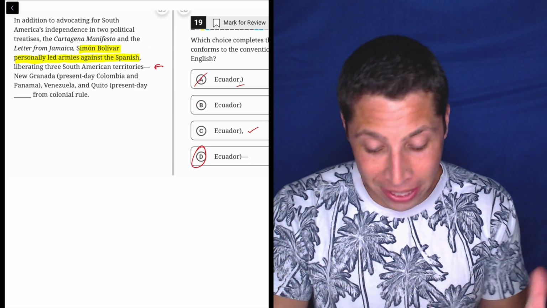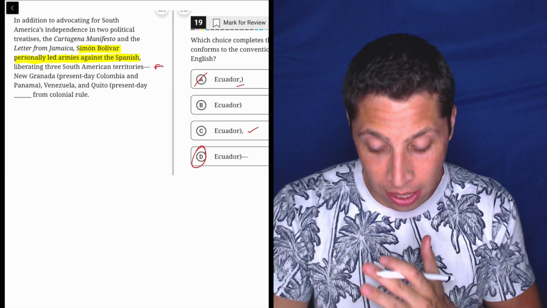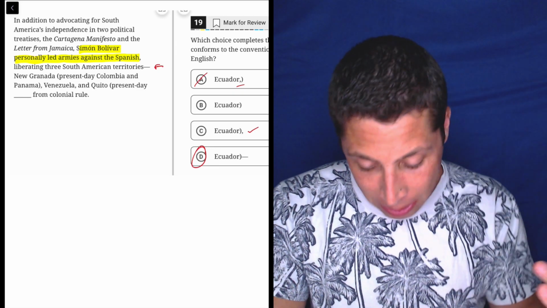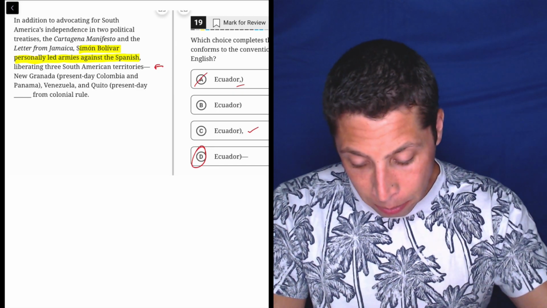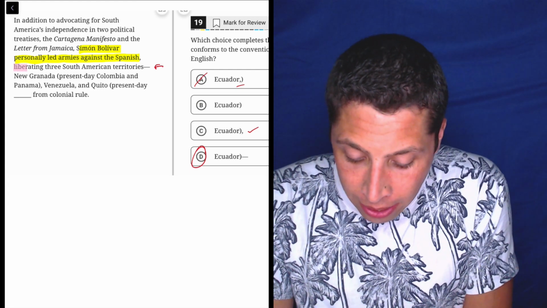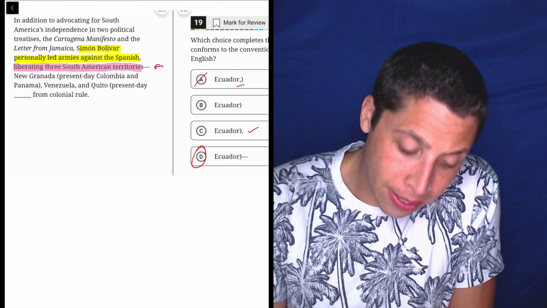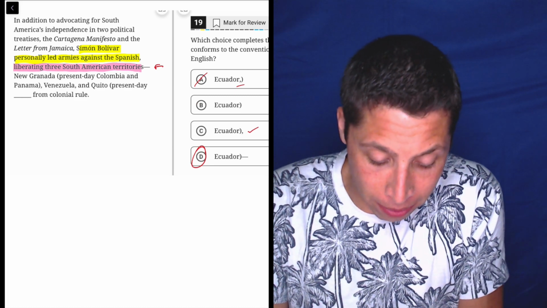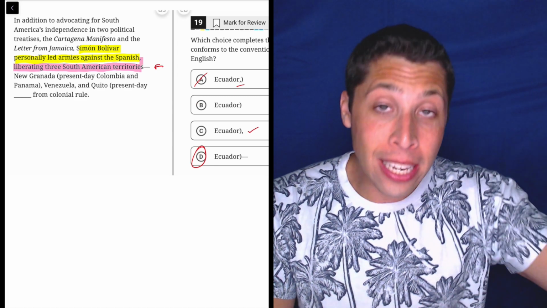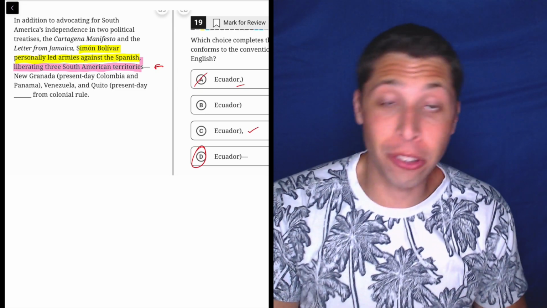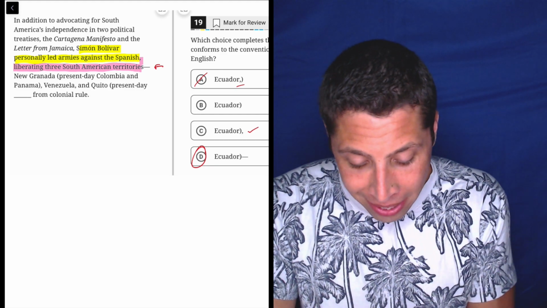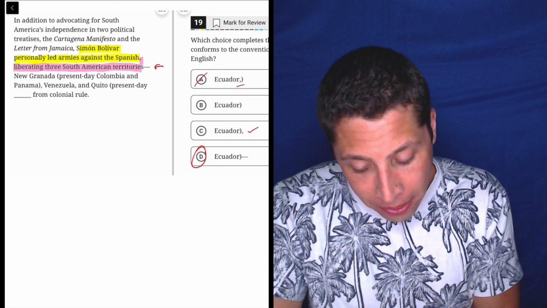So that part at the beginning, it's all just a lead-in. Then we're describing Bolívar liberating 3 South American territories. So I'm going to use red to highlight that, because that's an extra clause that we're attaching with that comma after Spanish. Then the dash is starting an interruption to our extra clause. It's giving us more information about these territories. But the interruption picks up at the end of the dash.